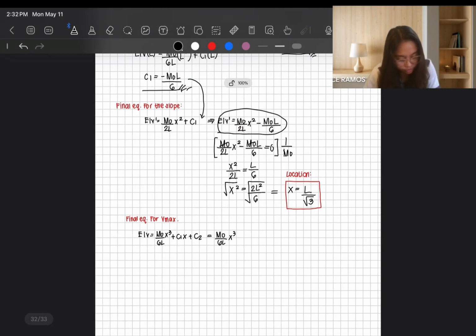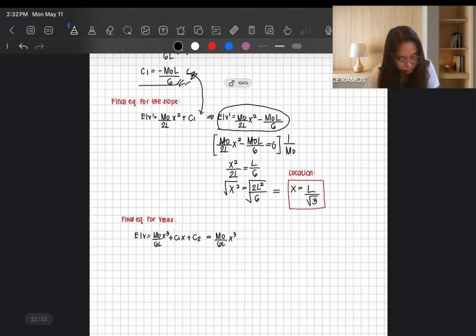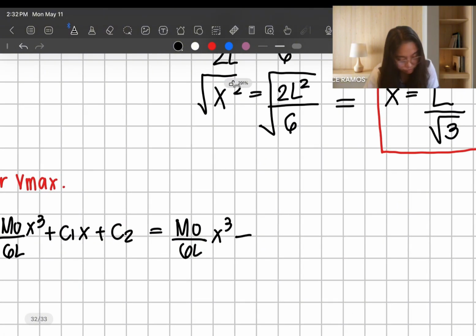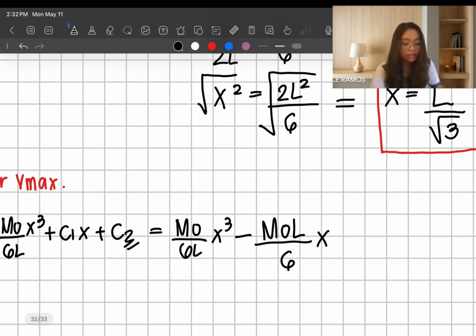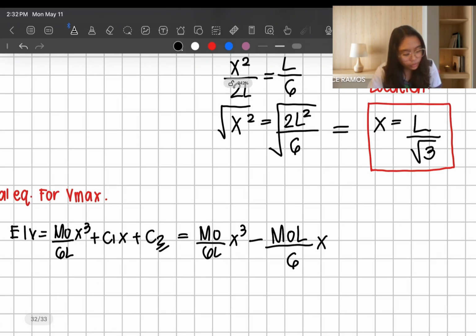Diba ito yon? So, isa-substitute natin siya dito. So, minus 6x. Since ang value ng ating c sub 2 ay 0, hindi na rin natin siya isasama sa ating equation. So, di ba nakuha na natin kanina yung ating location? So, ang gagawin natin is isa-substitute natin ito dito sa ating mga